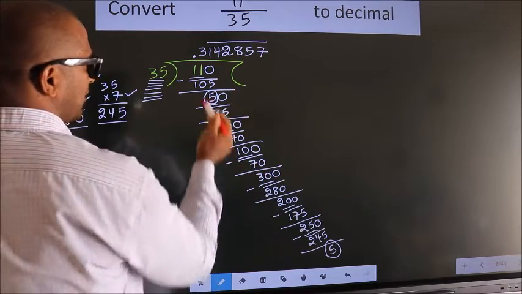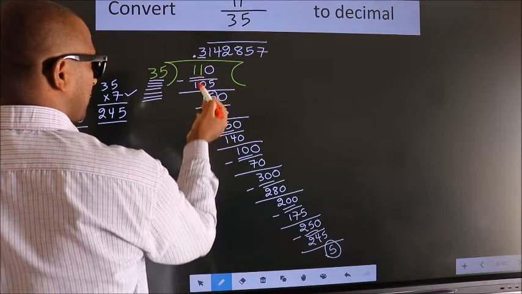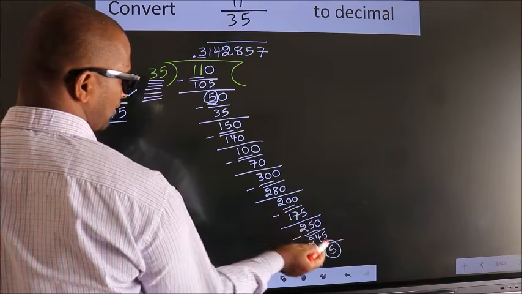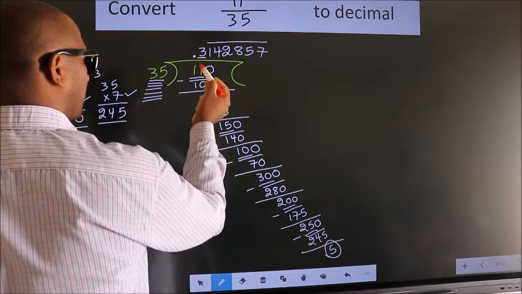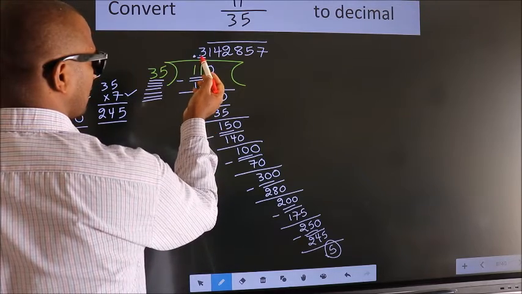Remember, you do not get a bar on this starting number, because after doing a step, then we got 5, which we got again here. After doing a step, we got the number. So do not put a bar on this starting number.